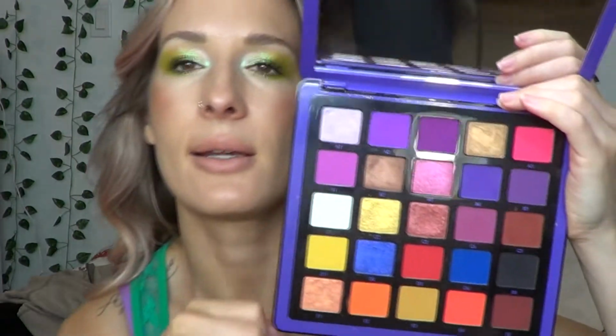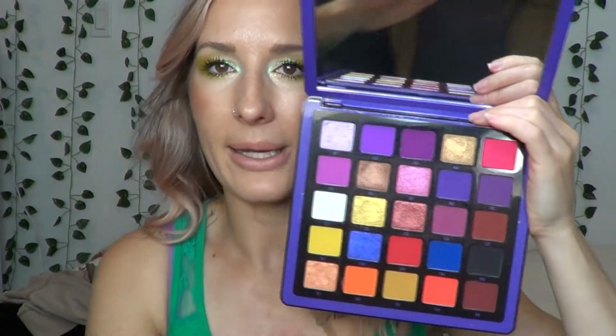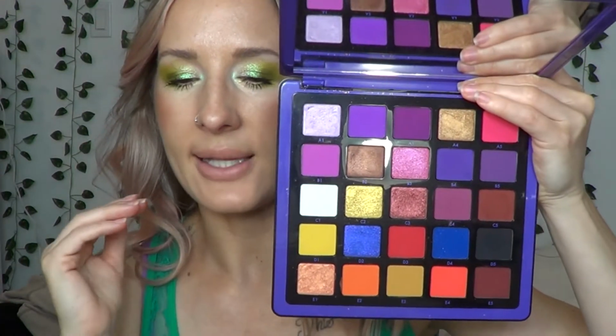I actually did, fun fact, for the first time ever, I was at my brother's place and I just had my little mirror and my little makeup bag, and I pulled this palette out and just started playing with color. And for the first time I was shocked. I think I even texted my mom and said I made a bold, bright eye color look and I wasn't even at home. Usually I save the bold, bright, colorful looks for when I'm here,